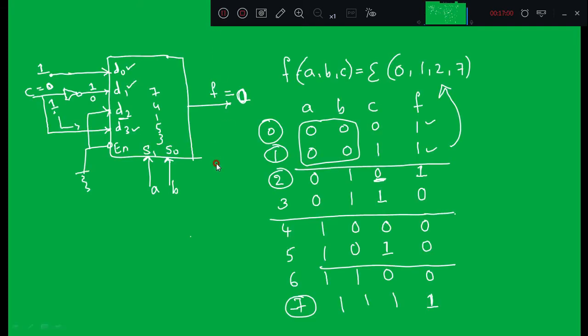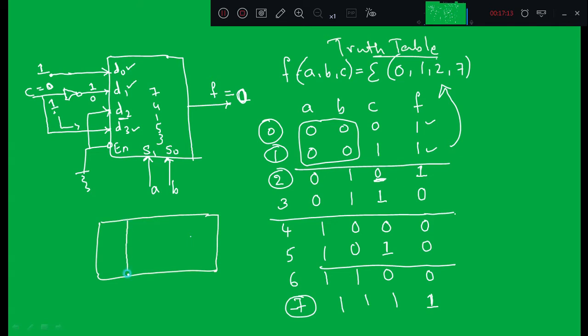But I told you I'll explain this design using two methods. This is the first method, using the truth table. I'll explain one more method in which I am going to use a K-map. So draw a normal 3 variable K-map. Inputs are A, B, C: 0 0, 0 1, 1 1, 1 0, and 0, 1. Identify the cells 0, 1, 3, 2, 4, 5, 7, 6. So 0 output is high, 1 output is high, 2 high, 3 is 0, 4 is 0, 5 is 0, 7 high, 6 is 0.